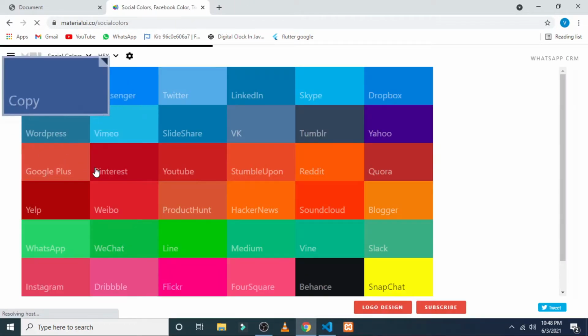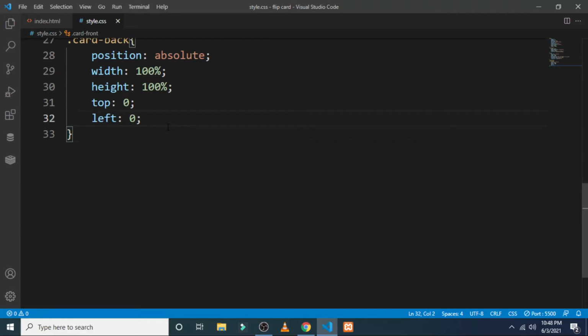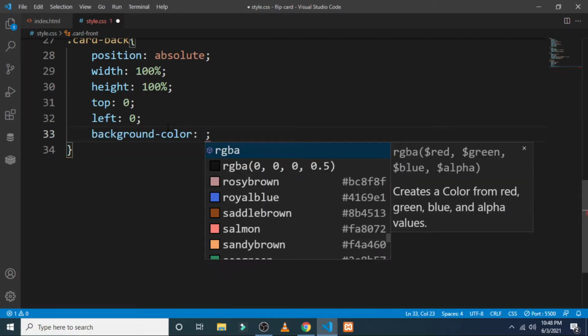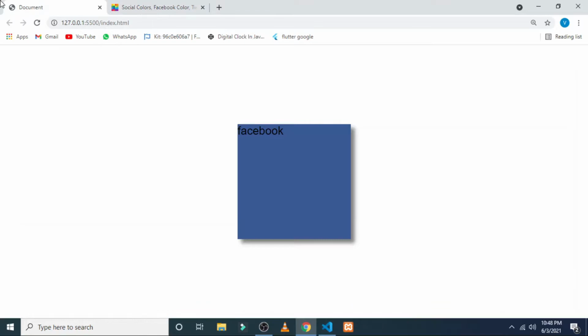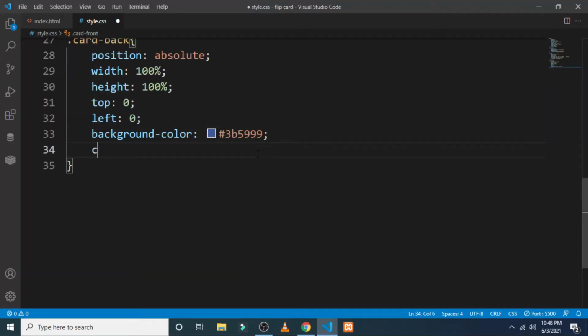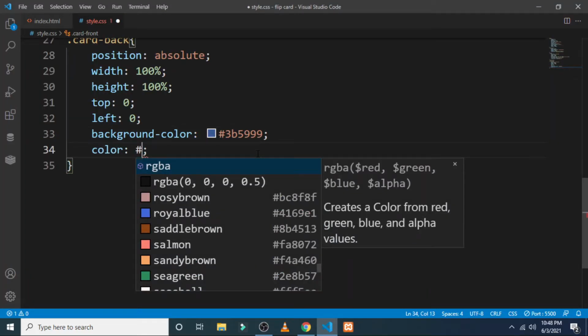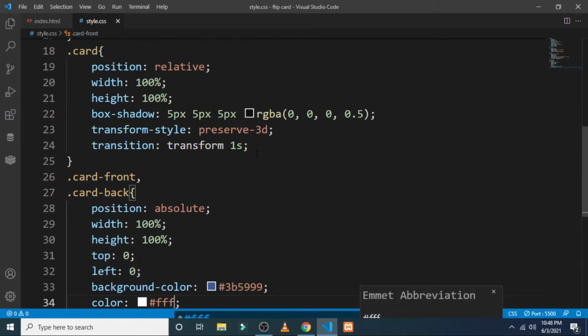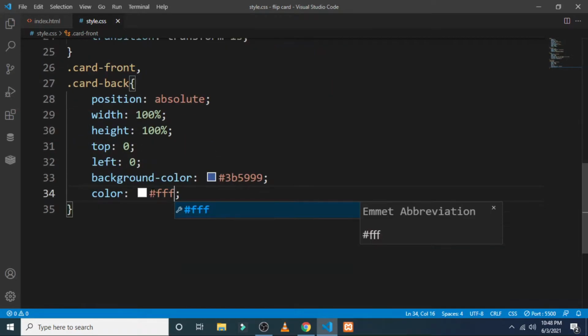On clicking on any website you can find and copy this, and then at the end the background color will be hash this thing, and as you can see in this preview, but I want the color to be white so that it will be visible from far away. After saving it, then